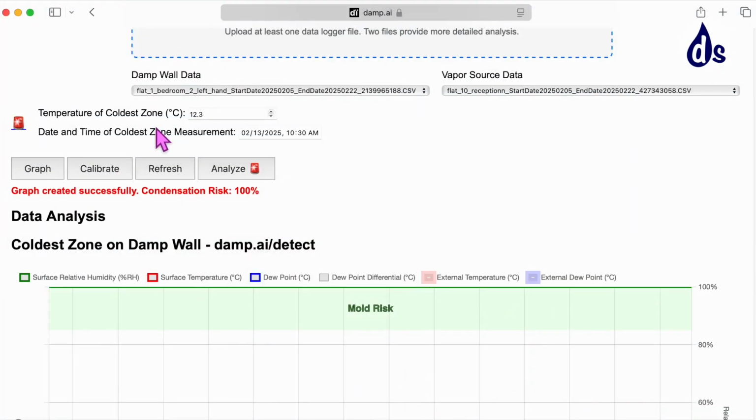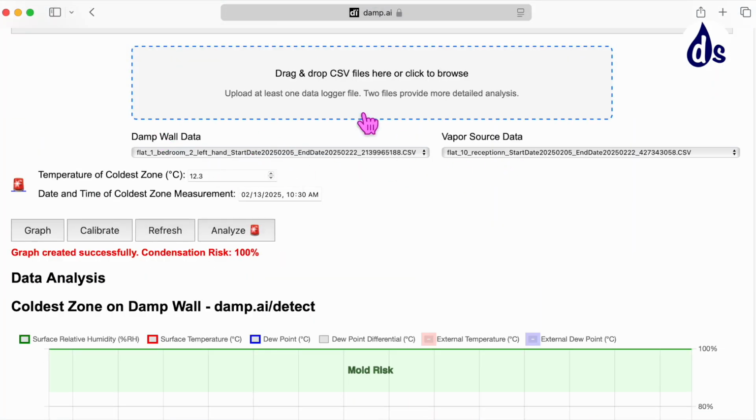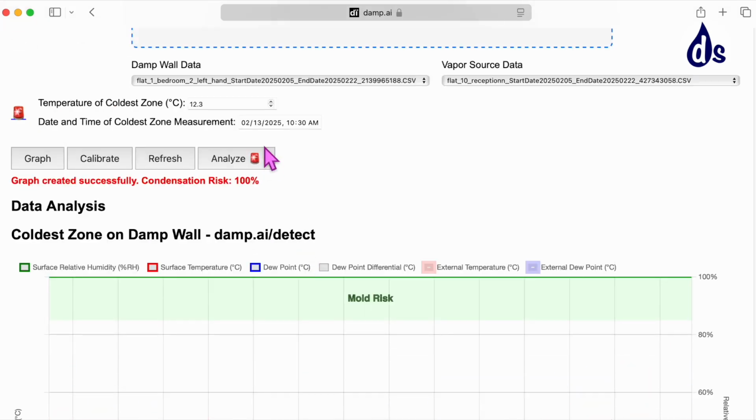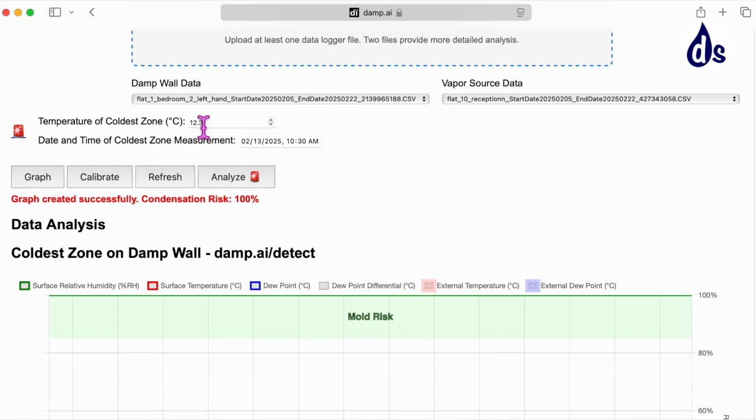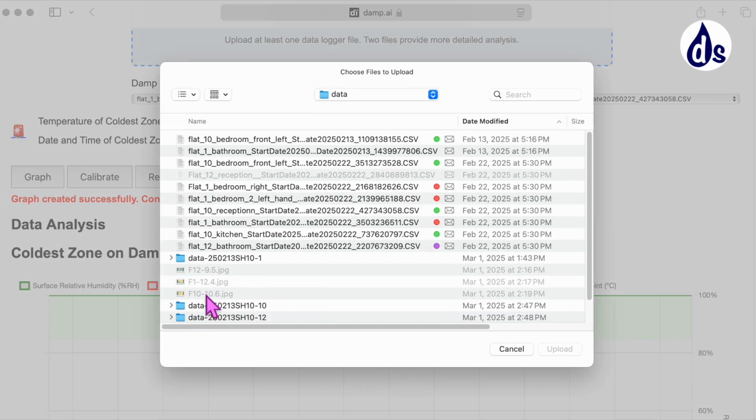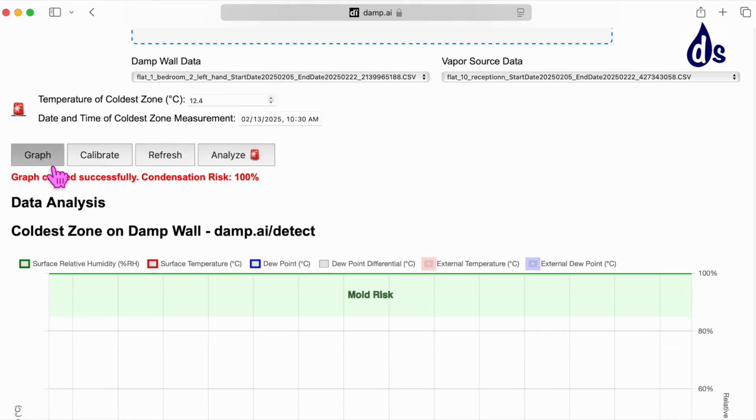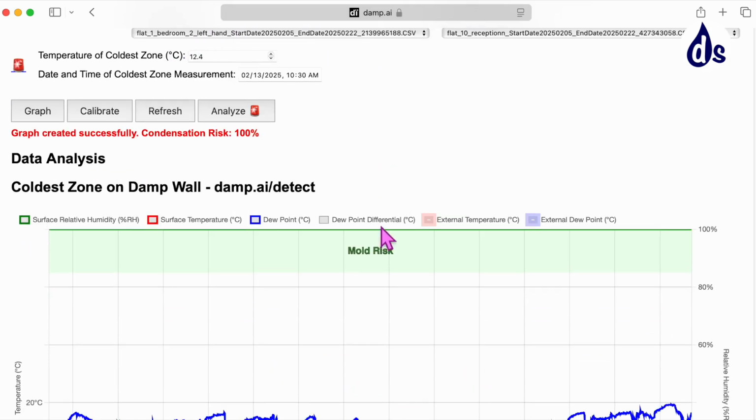I've already uploaded flat 1 and flat 10, but you can upload them by just pressing this button, but this is preloaded. At the time of the survey, the temperature in flat 1 was 12.3 degrees centigrade. If you look at the thermal imaging, flat 1 was 12.4 in fact, flat 10, 10.6, and flat 12, 9.5. But interestingly enough, the warmest flat was actually flat 1, and yet that had the greatest amount of condensation and mould. It was visible at the time of the survey, but you can see on this